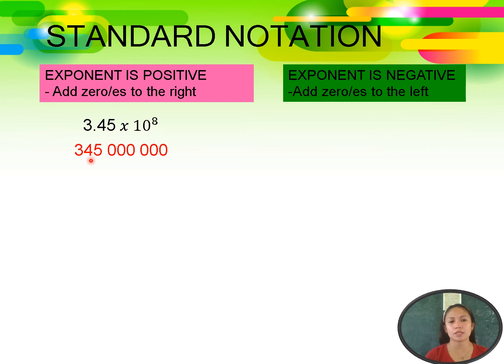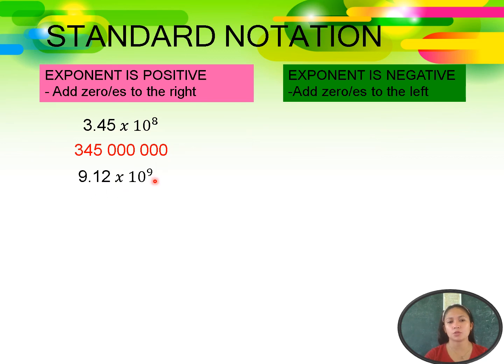So the equivalent standard notation of 3.45 times 10 to the power of 8 is equal to 345 million. So why is it equal to 345 million? So we have here, the point is here, so we'll move 1 and 2. So we have to reach the target 8, so we have 3, 4, 5, 6, 7, 8. So that is 345 million. Another,